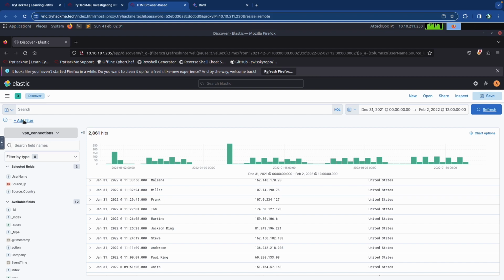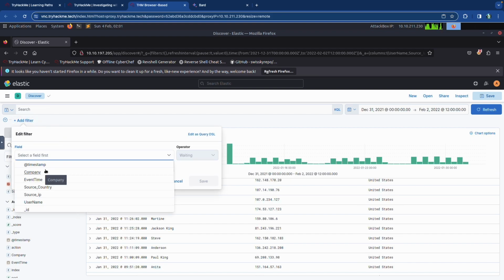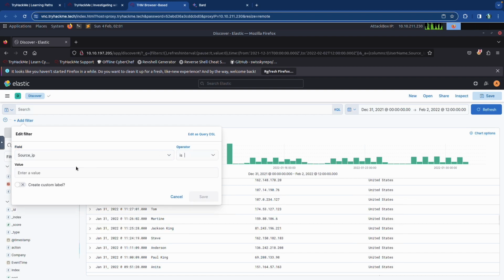And so now I want to add a new filter here, and the first filter is the IP address. So the IP is going to be source IP is, and the value is 238.163.231.224.